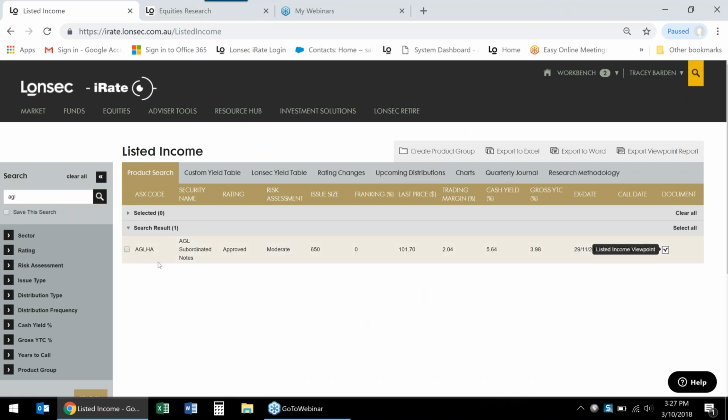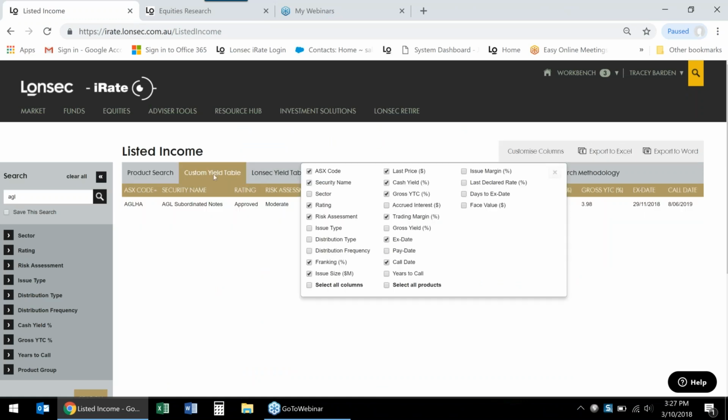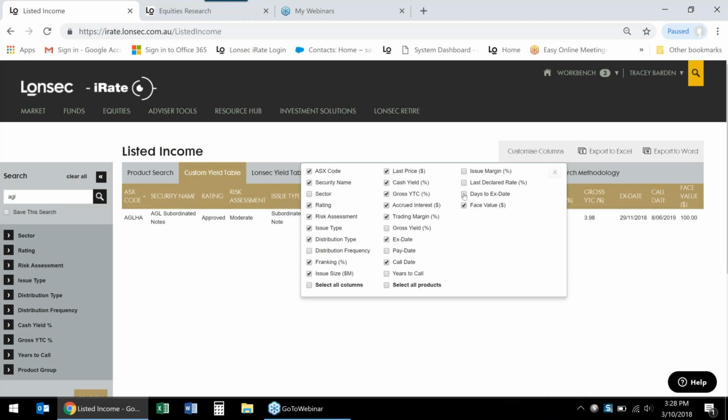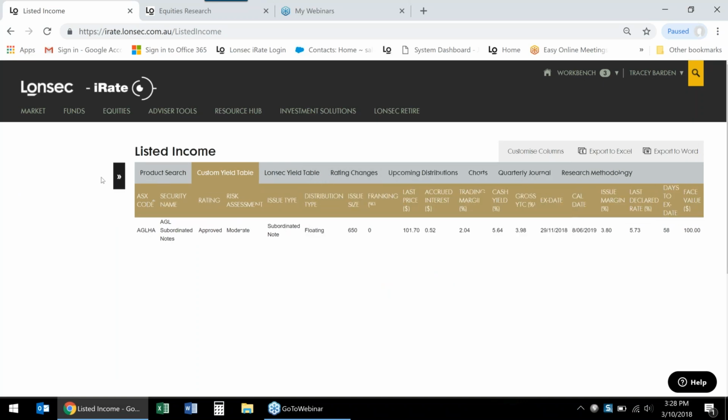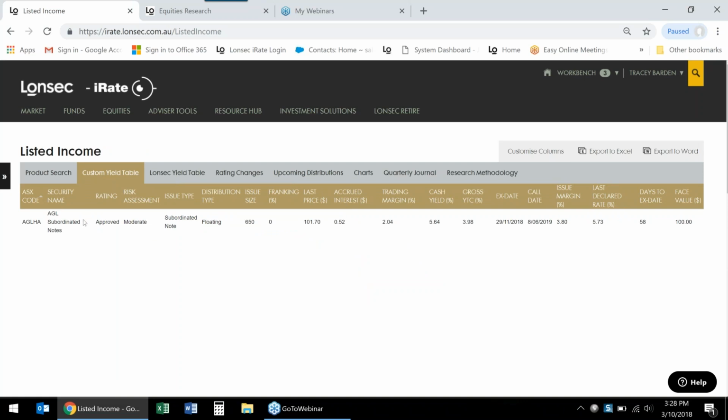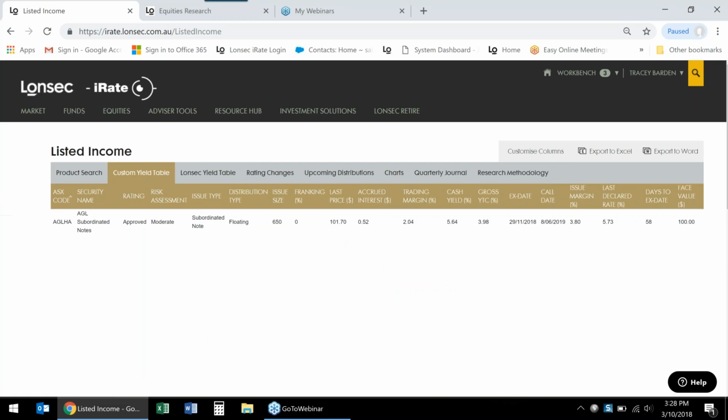So that's your listed income report. Again, I'm just going to tick here, and once I have this ticked, I can move across these different tabs across here. So we also provide a yield table. Again, this is similar to our customized columns, I guess. I can add some more information, and you'll see these are being added dynamically as we tick on these. Just click back here, and you can always push this arrow back to see it a little bit clearer. So I've added some more information on here.